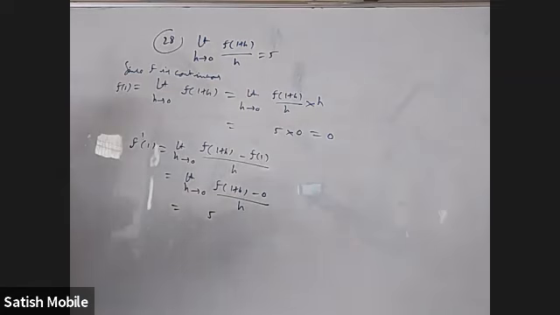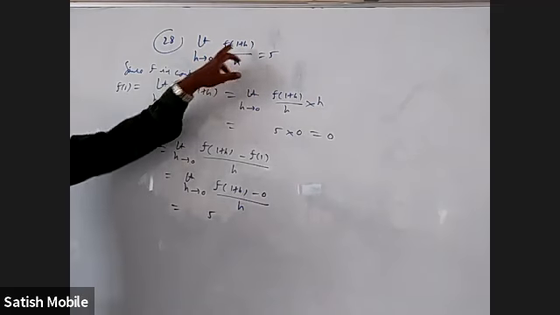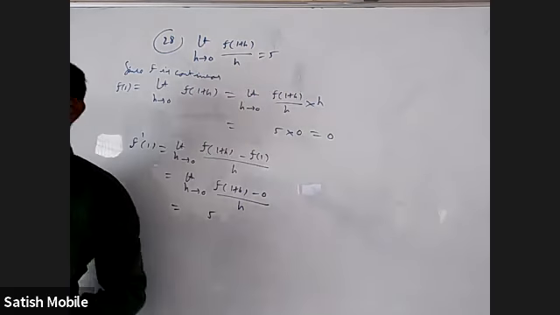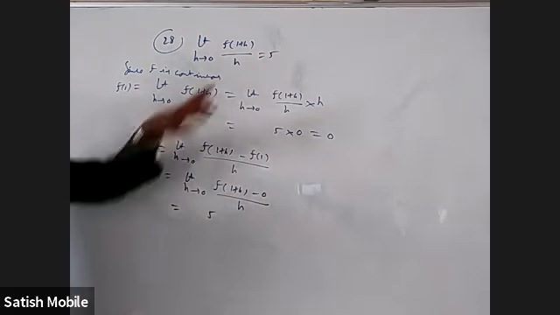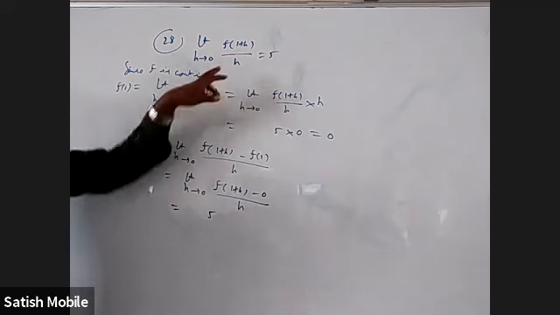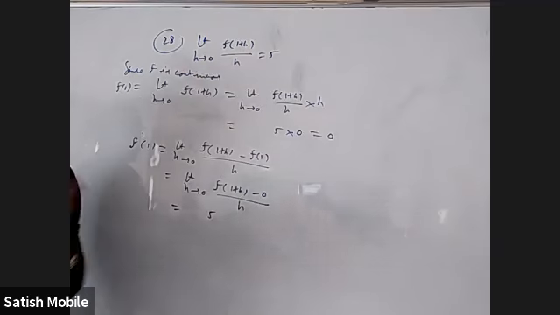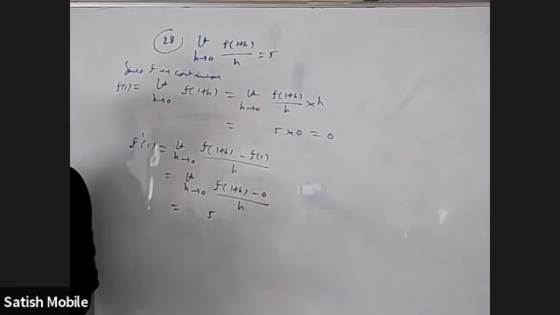All right, please listen. In the 28th question, which is fairly simple, they gave this limit: h tends to 0, f of 1 plus h by h equal to 5. Somebody can use L'Hospital rule and differentiate the numerator and the denominator. What is the derivative of h with respect to h? 1. What is the derivative of f of 1 plus h? f dash 1 plus h. And when you put 0, it will become f dash 1 equal to 5. Without all this, we can say f dash 1 equal to 5.